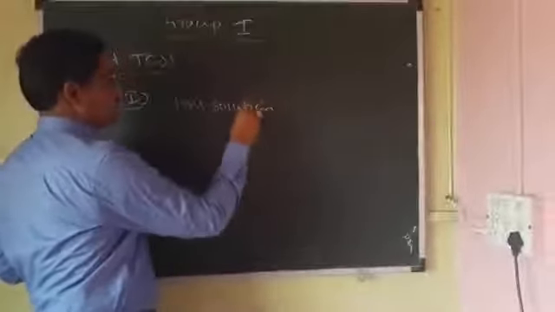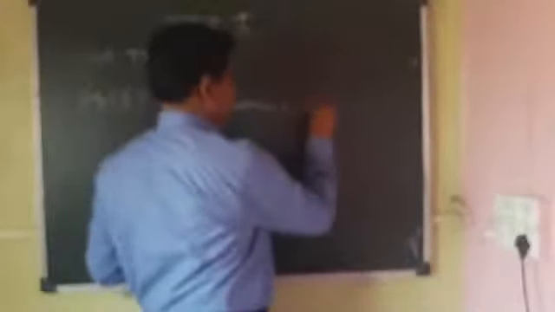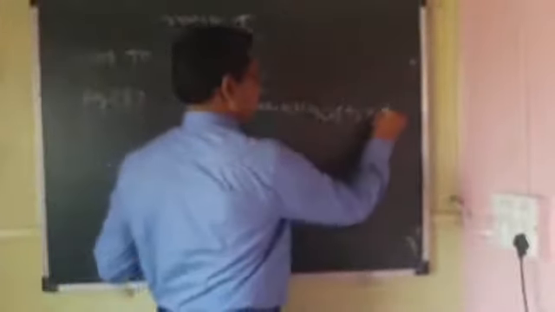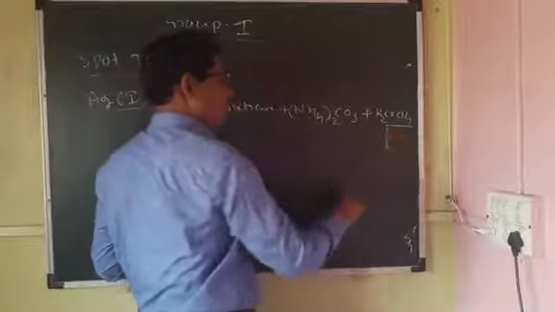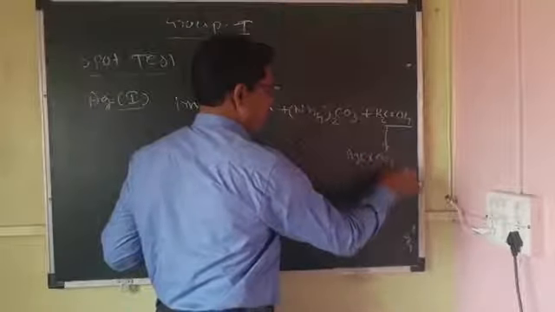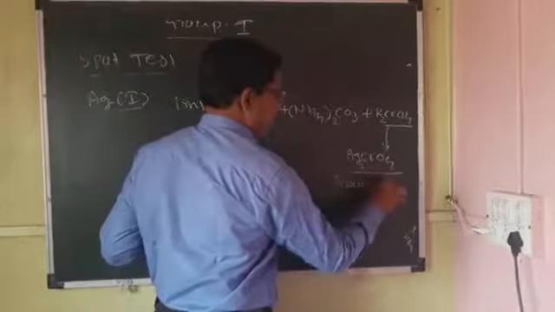That means again, to 1 ml of solution add ammonium carbonate, (NH4)2CO3, then add K2CrO4, to get Ag2CrO4, a brown or red precipitate. This is the confirmatory test for silver.